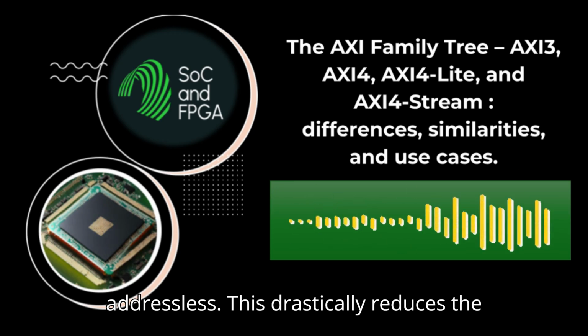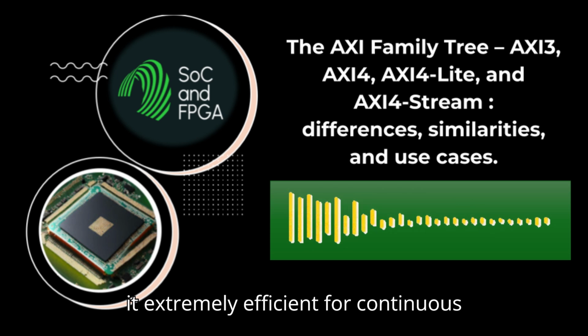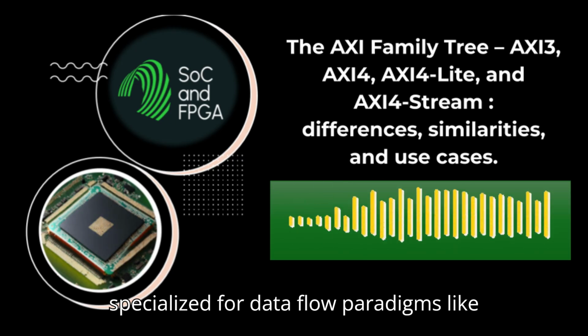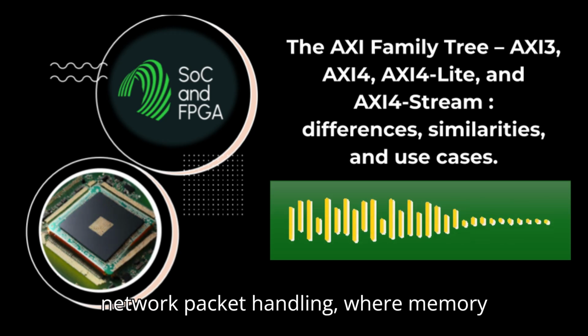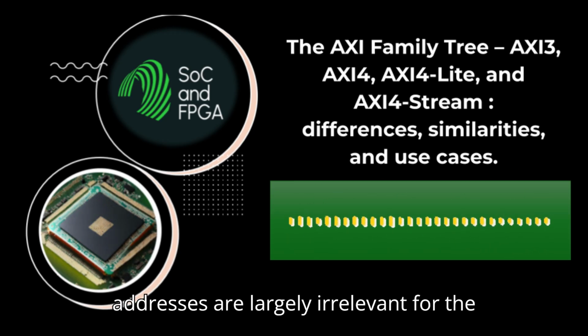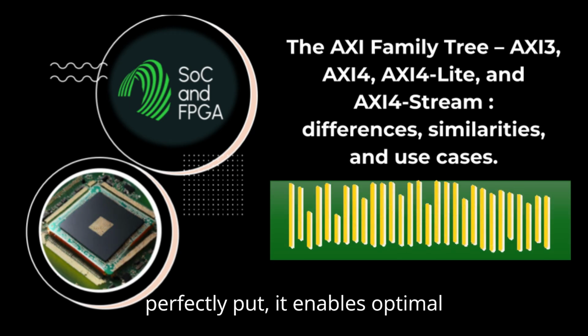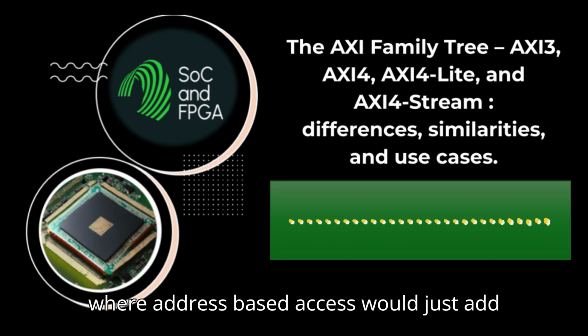This drastically reduces the number of signals needed and the complexity of the control logic, making it extremely efficient for continuous unidirectional data streaming. It's specialized for data flow paradigms like video processing pipelines, DSP chains, network packet handling, where memory addresses are largely irrelevant for the core data path. Streamlined for flow. Perfectly put. It enables optimal performance and throughput in its niche, where address-based access would just add